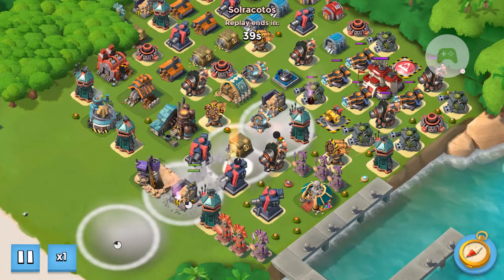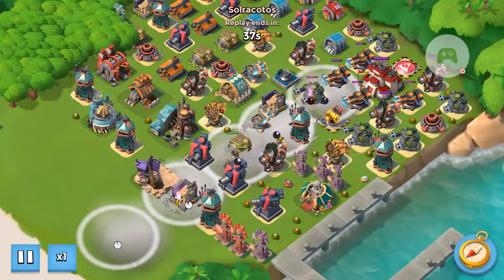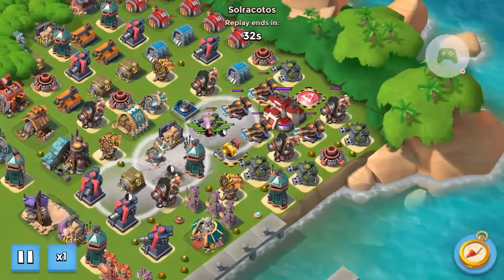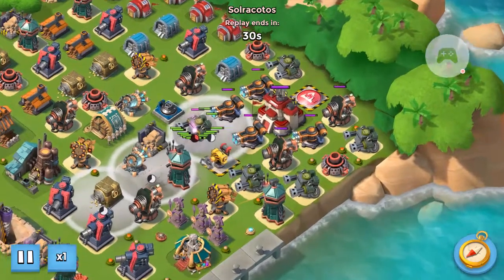All right, so here we go to the MG, just to avoid all those mines. I think I ate 3 mines. Actually, I just ate 2 mines. And then from there it's easy. Go to the HQ,